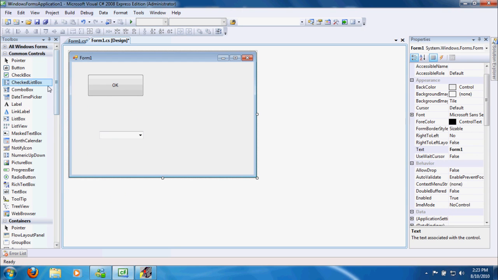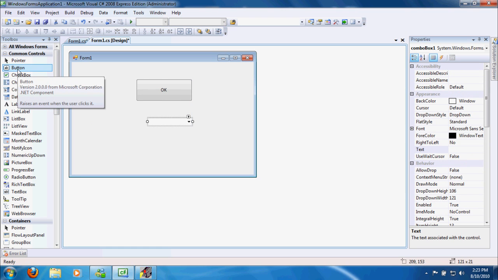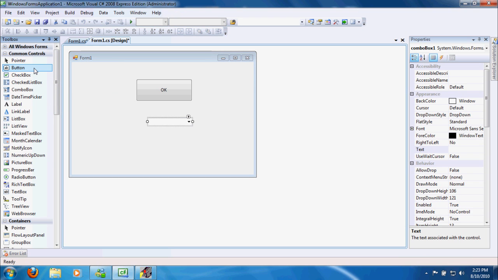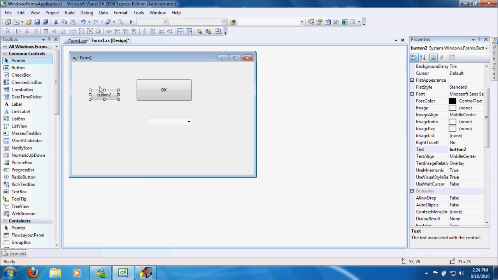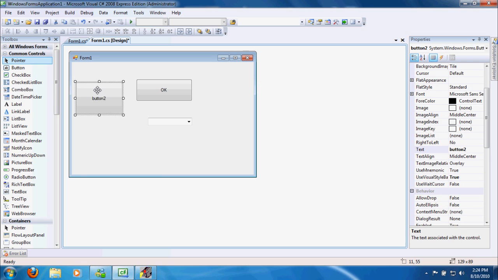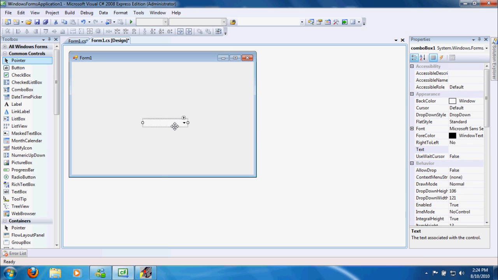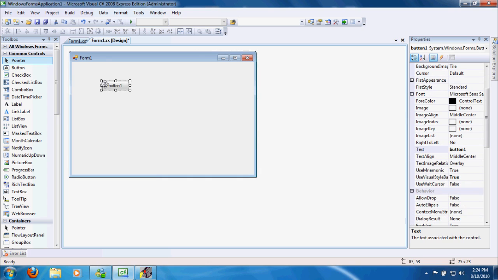Okay, what I've done is I've added a button and a combo box to my form. Now, I didn't cover this in the first tutorial, but there's a couple of different ways to add a control to a form. The first way is to click, hold, and drag. You can click and drag it like this, instantly customize it, or you can double click it. Okay? Alright, so when you first, let me go ahead and delete this. When you first add a button to a form,